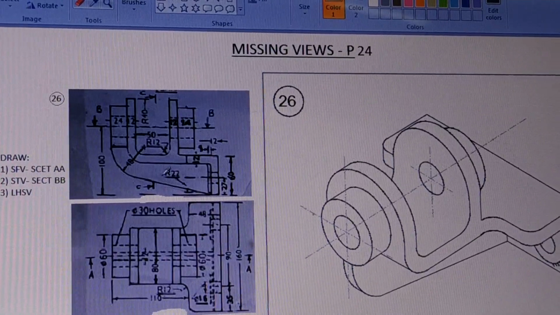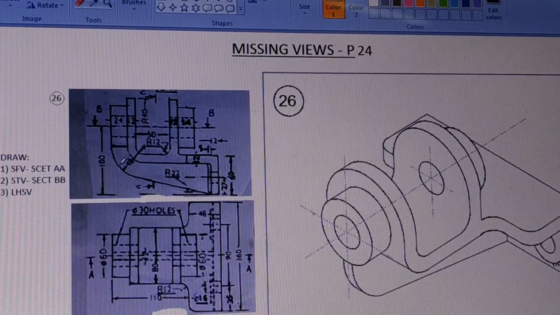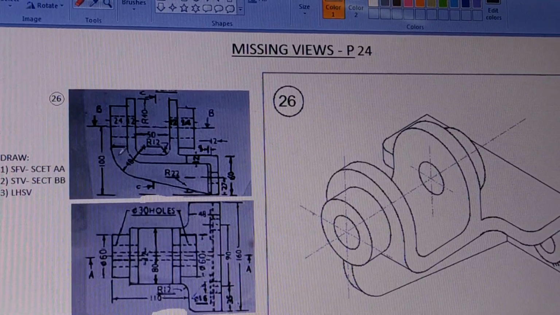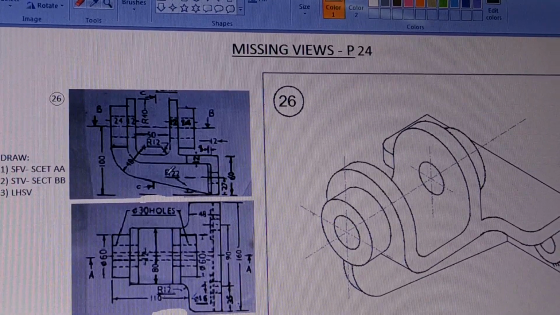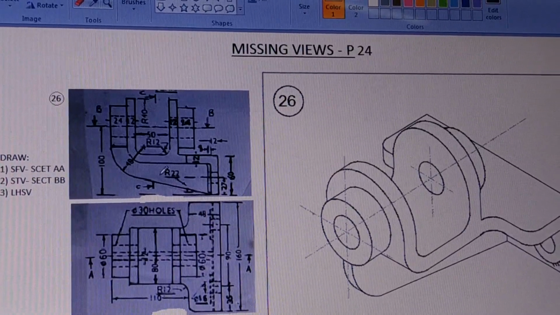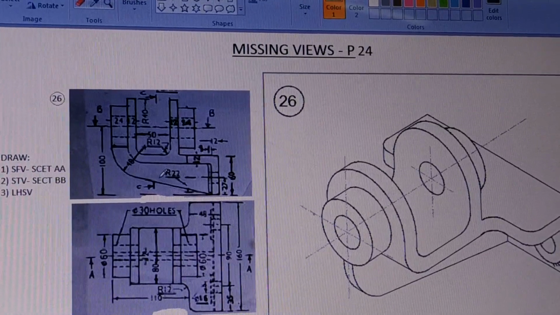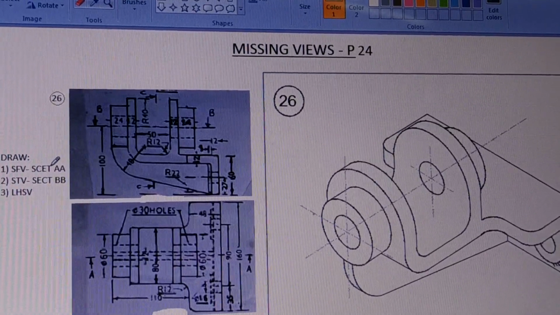Now the rib also is cut, but as you know, earlier the rule was discussed. As per that rule, the rib when it is cut along the plane, at that time this is not to be shown in section, although it is cut. So this will remain unsectioned. So that will be your sectional front view, section AA.